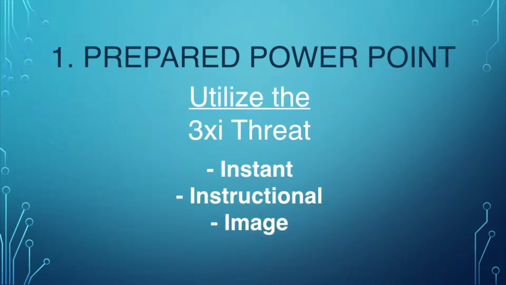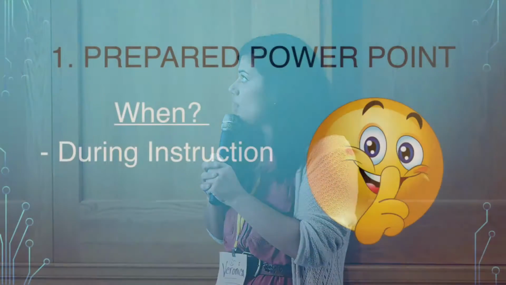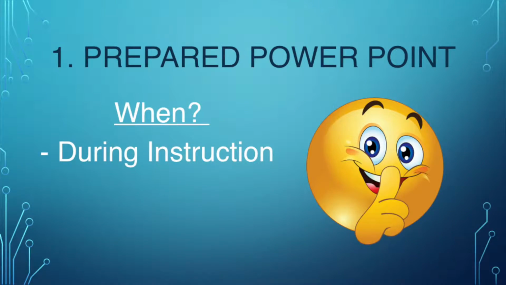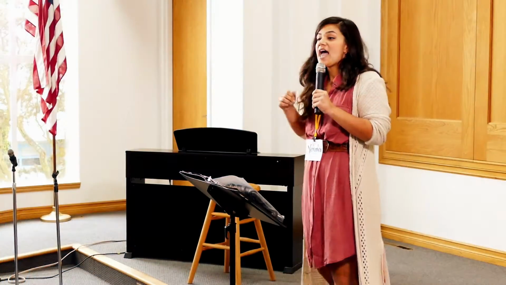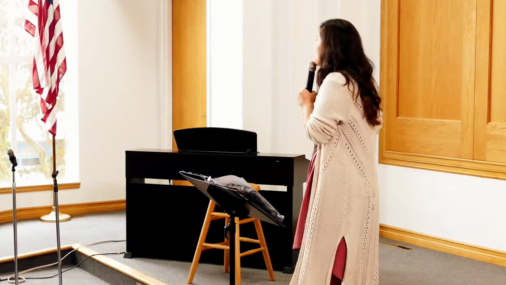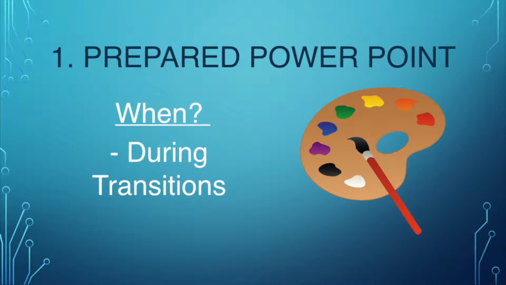And you could use the triple I threat, which is an instant instructional image. So when you see the next image, this means be quiet. You don't even have to say anything. The next one is get your Bibles. And then you also have transitional images where when they see the color palette, they know that it's time to break up into small groups and it's craft time. Just by the image, because you set up a routine of where they know what that means when it's presented